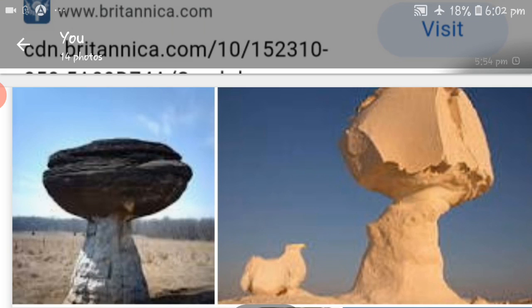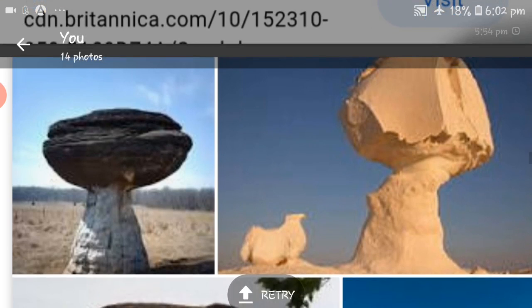When the wind moves at great speed, what will happen? It will hit big rocks, which are present like this.